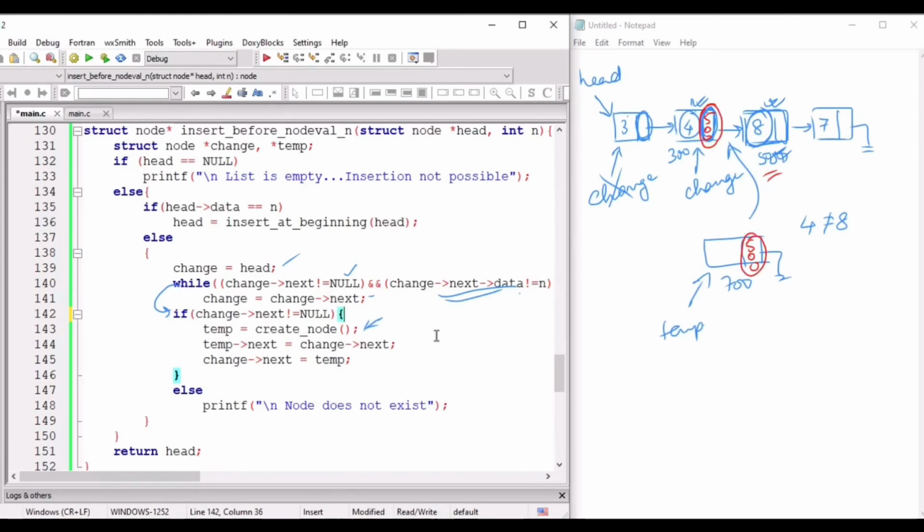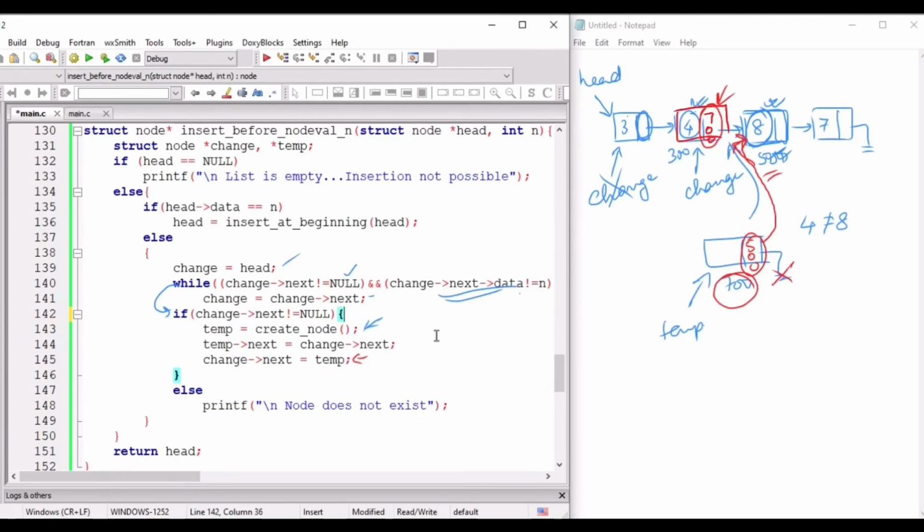Once we do this, a link like this has become established. This one is not null anymore. This link has become established. Now we set change next equal to temp. That means whatever is the address of this node, store it over here. Instead of this 500, we store the 700.